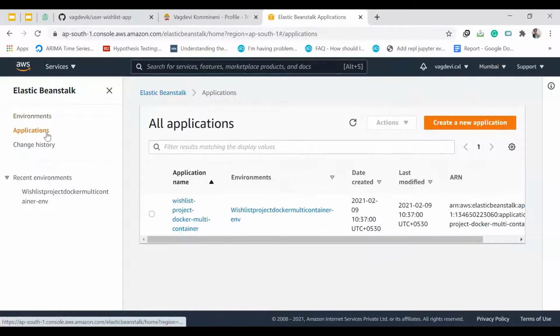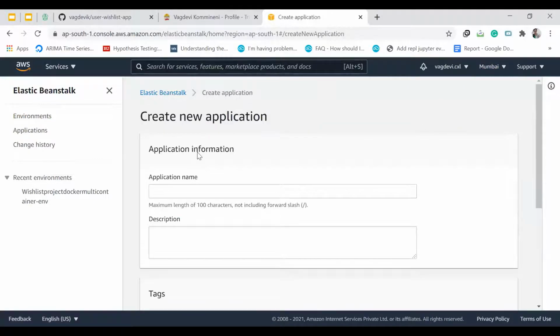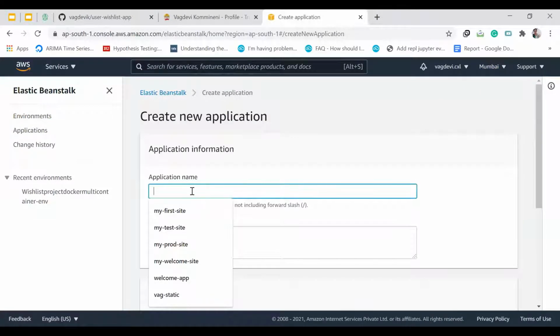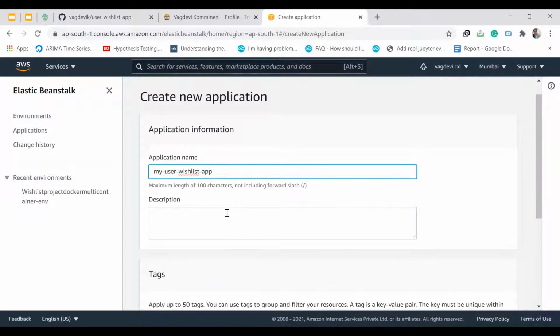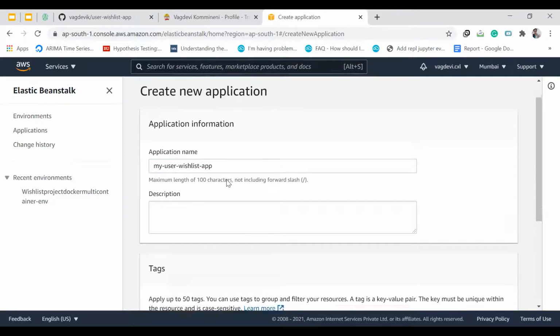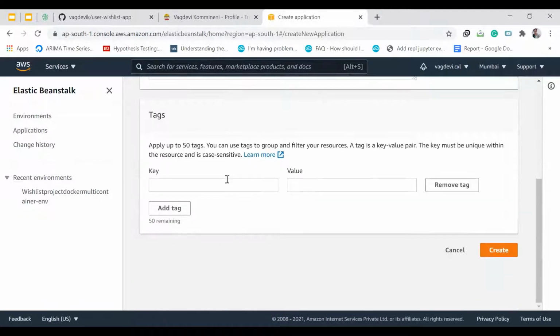So click on create new application. The application name can be my user wishlist app. Okay. So whatever application name you are using here, that should be reflected in the Travis file also. Okay. Create.